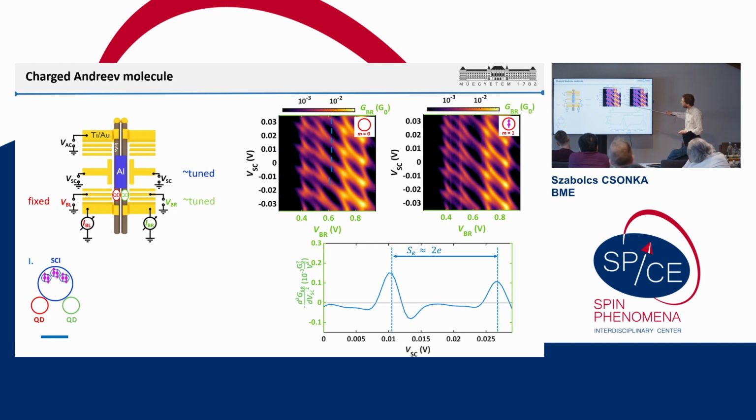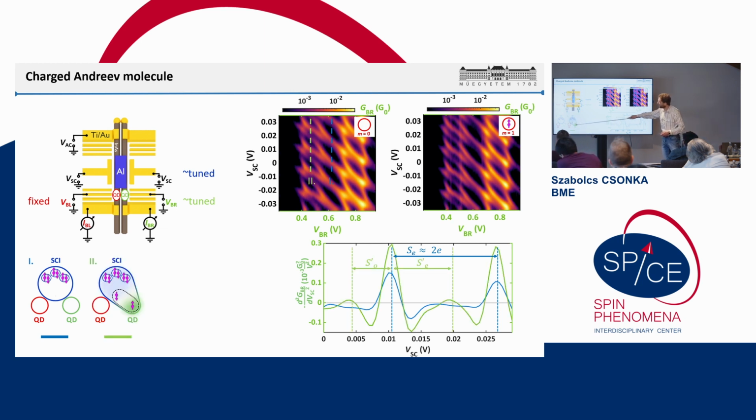Now let us move one charge state from here to there, and then we will have 1 electron on the green dot. And if you check here a cross section, you see that there are twice as many lines as what we see here in the cross section. In the blue case we have just these 2 peaks, while in this green cross section we have an additional peak here as well. So from this 2e periodicity we get to this larger, smaller